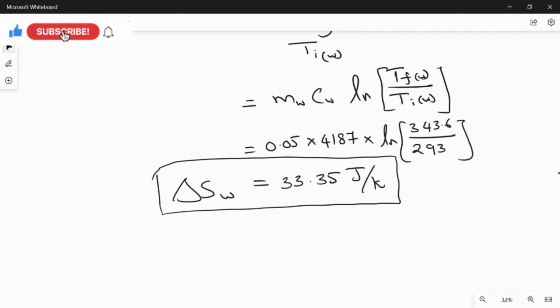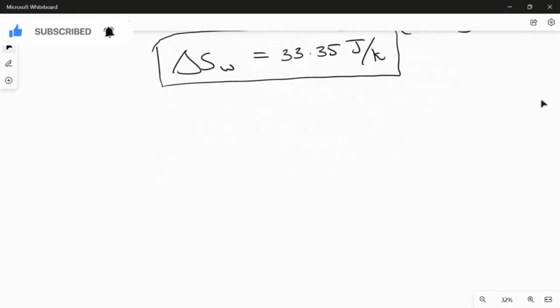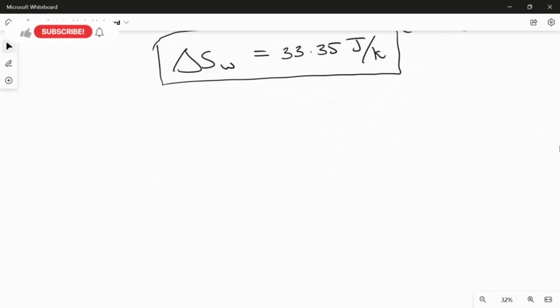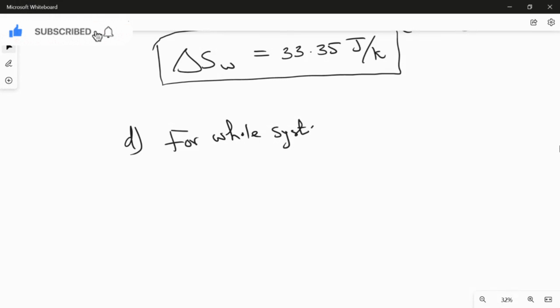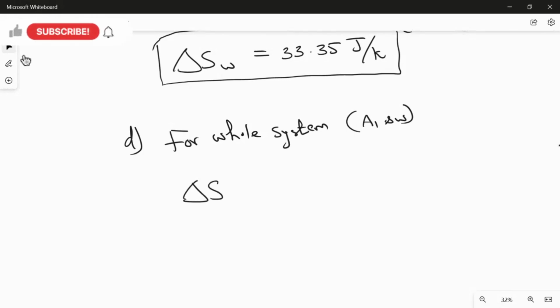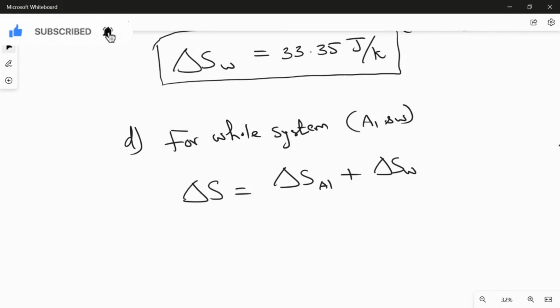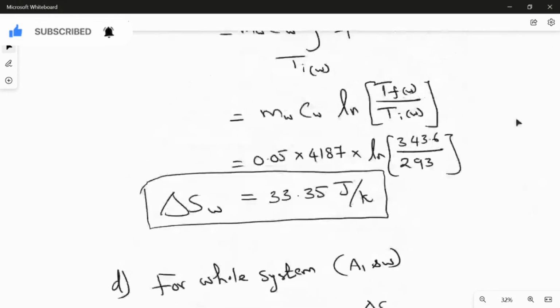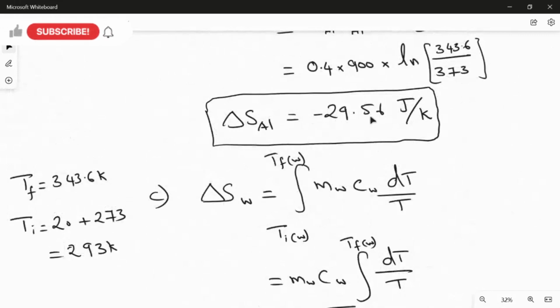Now in part D, which is our fourth question, we are going to find the entropy change for the entire system. Which system? The aluminum as well as the water. What is the meaning of whole system? The whole system means aluminum and water together. So we have to add these two answers. The entropy change for the whole system is equal to the entropy change for the aluminum plus the entropy change for the water. As we already calculated the entropy change for the aluminum, which is minus